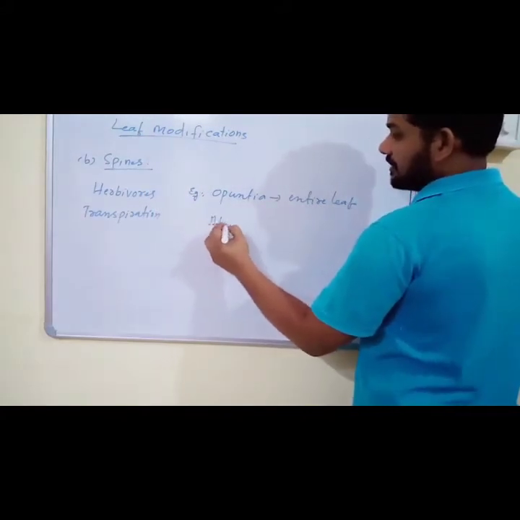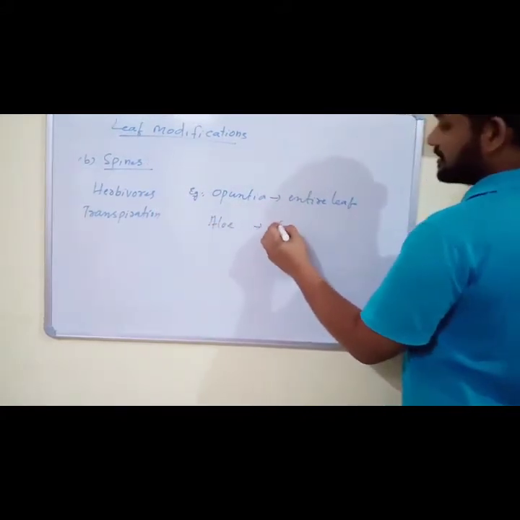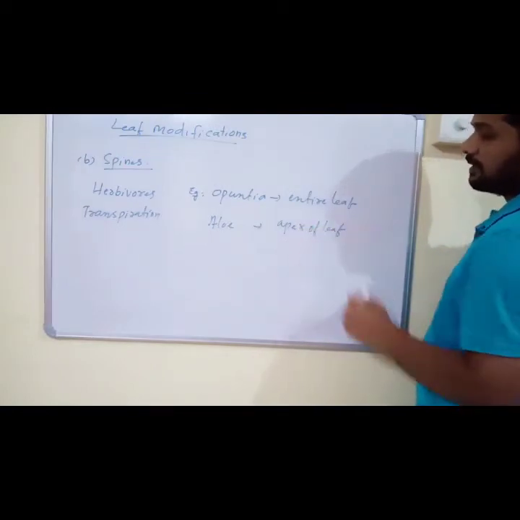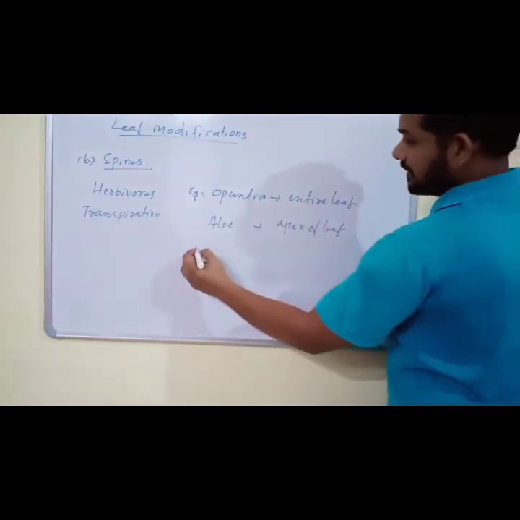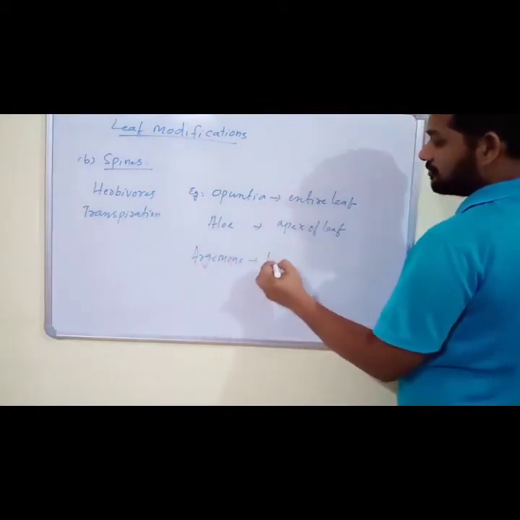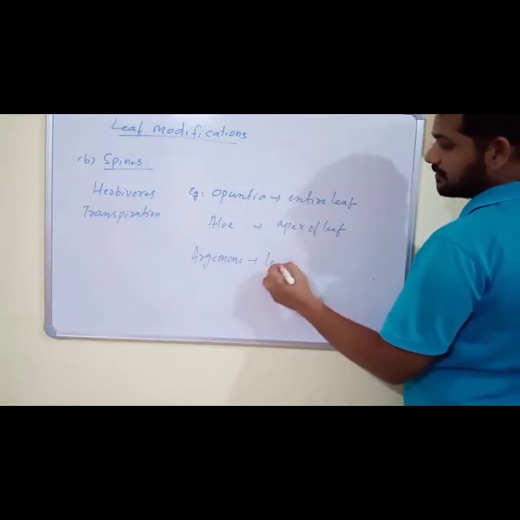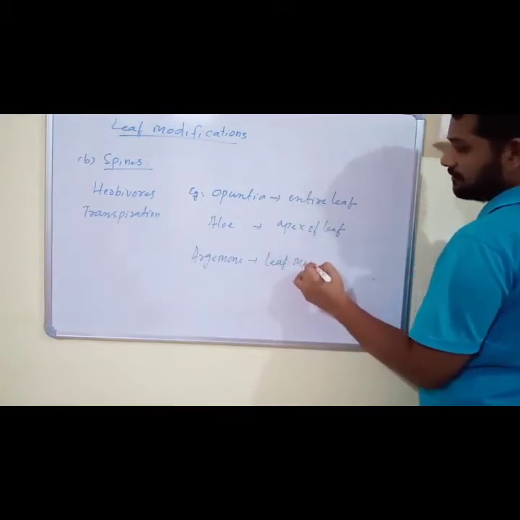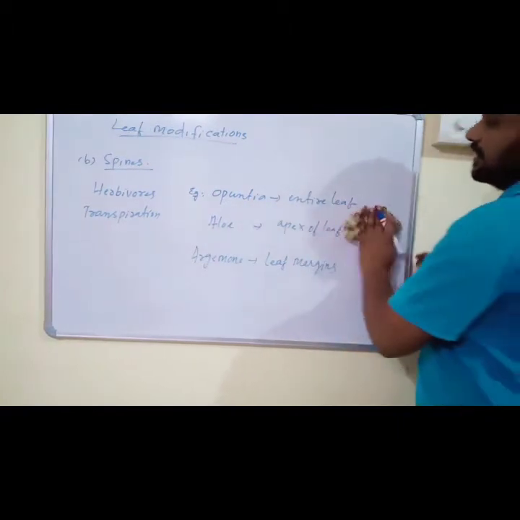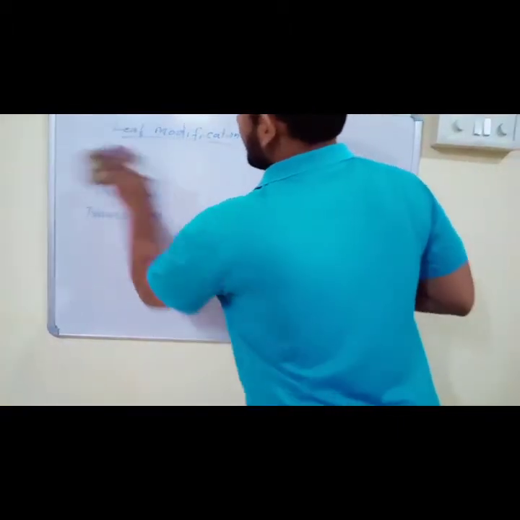And in case of Aloe vera, apex of leaf modified into spine. In case of Argemone, leaf margins modified into spines. The next modification is